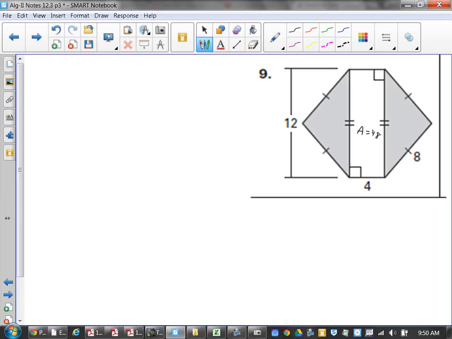Wait, are we looking for the shaded? I want to do geometric probability of shaded. Okay, so we can try. So I want the shaded. You have to draw in a side or something. Because then it would be 6. Well, if you look at it, you have a